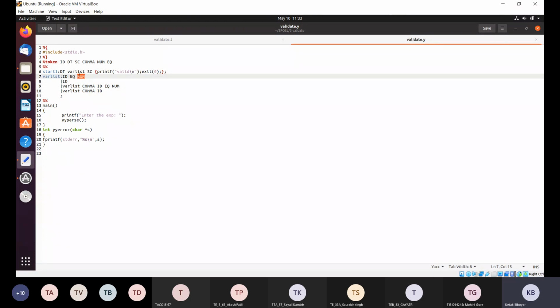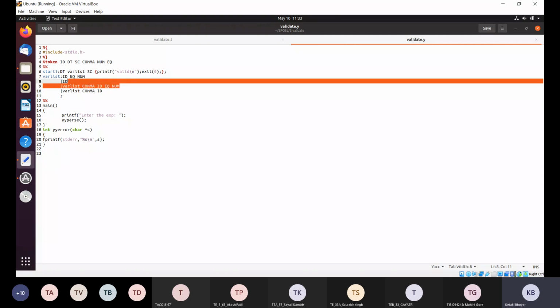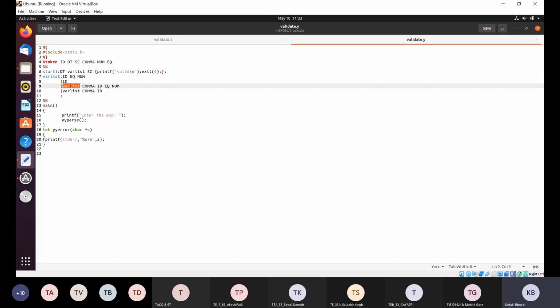This is one rule. And where will this rule be replaced? Here, in place of var list, this rule will be replaced according to the statement that we are giving as an input. Okay, then your var list can be only id. You can write just int a semicolon, right? That's why there can be only id. Or your var list may contain multiple var lists inside, which can contain multiple IDs that are equal to some number, or there can be only names of the variables, comma, it can be ID equal to number.